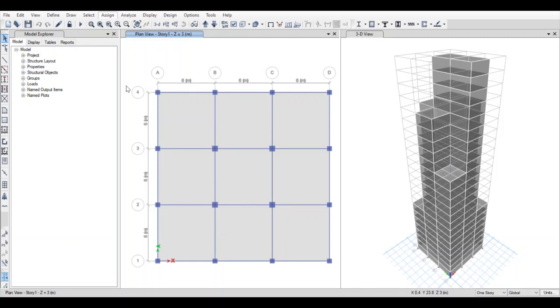Now that our section properties are defined, we have drawn the elements, and we have assigned different loads to the elements of the building, it's time for us to analyze the building. Go to analyze and click on run analysis.